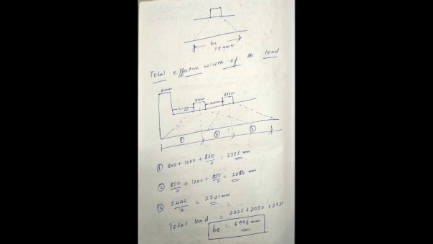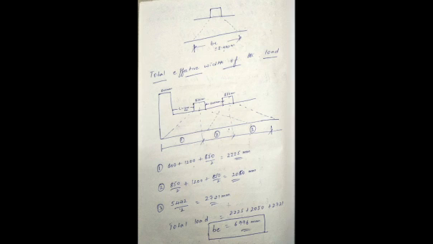850 mm is the contact area of the track, the distance between the two tracks is 1200 mm, and the other track contact area is also 850 mm. You can see the dispersion diagrams here. From one track we get one dispersion, from the other track we get the other dispersion. That is what I have drawn here. Now let's see the total area. We'll have to calculate 1 plus 2 plus 3.